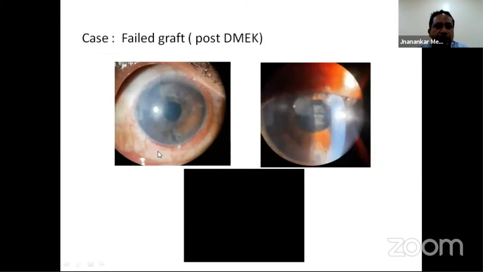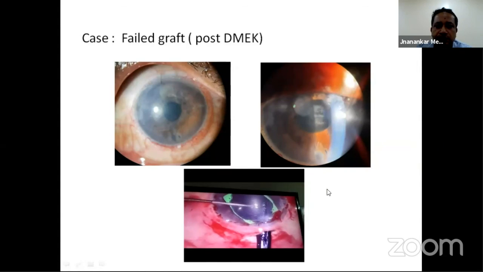Now, I'd like to present my last case here. This is a case of failed DMEK at 1 year, and he had undergone a cataract surgery 4 years back. Now, when I tried to assess his eye, when you dilate, it didn't dilate more than this, and there were opacifications on the intraocular lens. On going through his records, I found that he was implanted with a hydrophilic IOL. Probably the full chamber air fill in DMEK had caused those opacifications. So the plan here was to change the IOL and do a DSAEK.